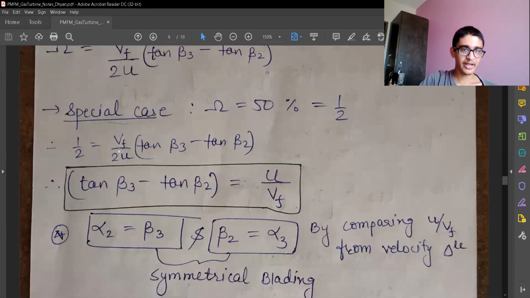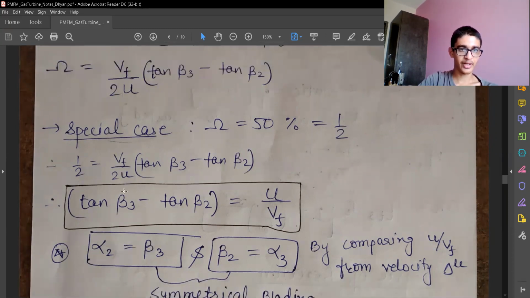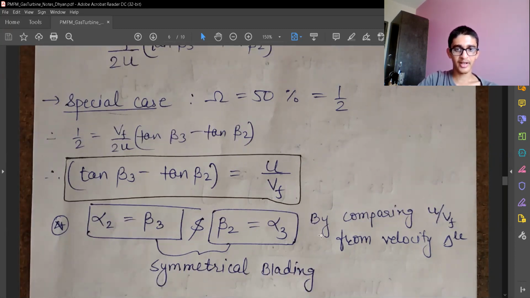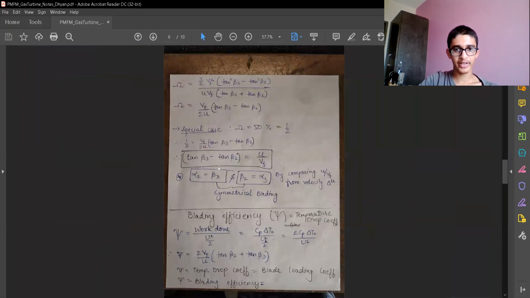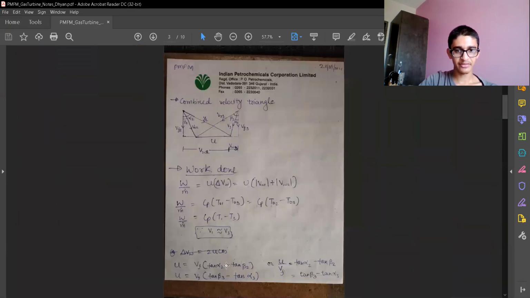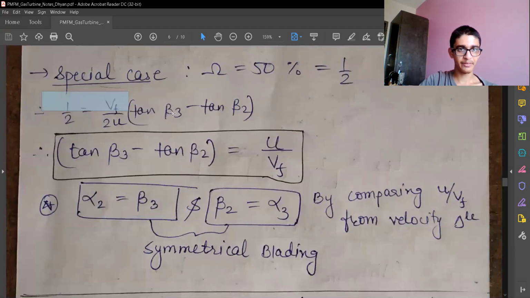And we have one special case which we have seen earlier for most of the other turbines and compressors also. The special case is degree of reaction is equal to 50%, that is half. So we put half in degree of reaction formula and get the relation between U by Vf, and the relations which we got from velocity triangles. So if you want, I can show them again. So these were the relations which we got from velocity triangles, and when we compare this with the condition which we are getting after the 50% reaction turbine,